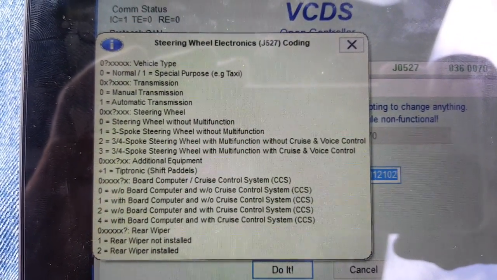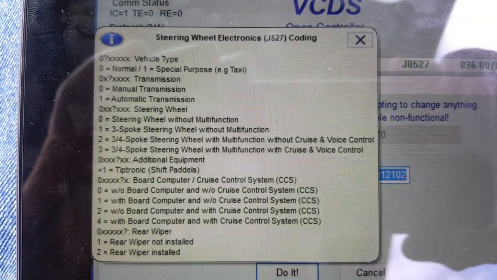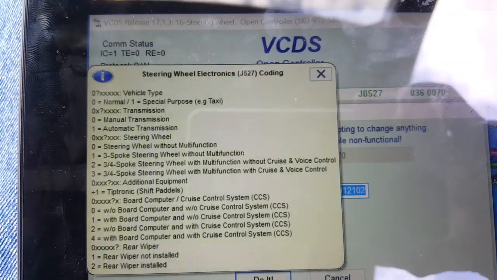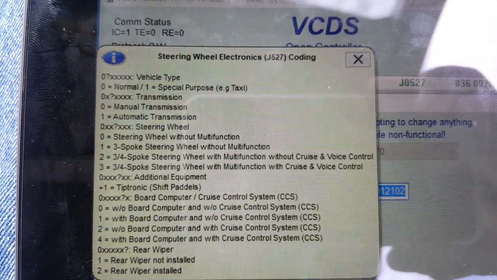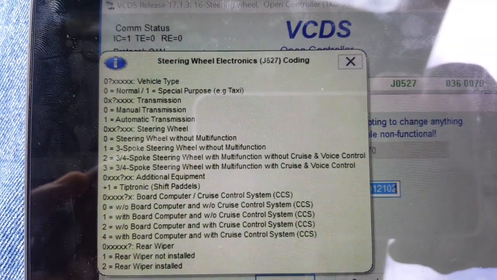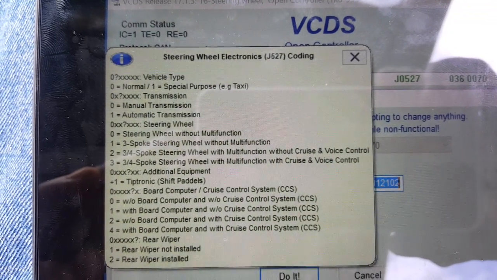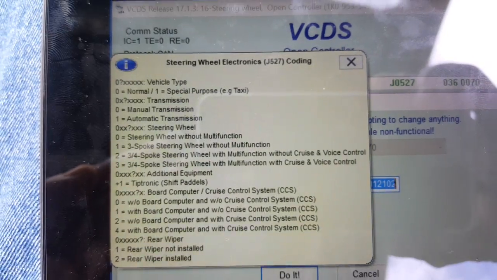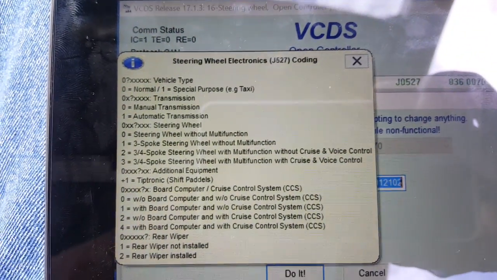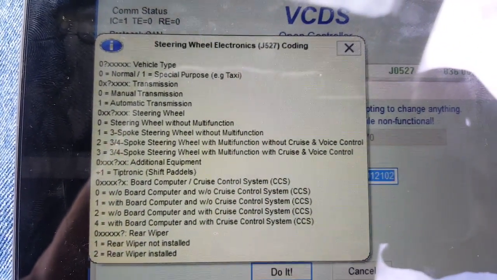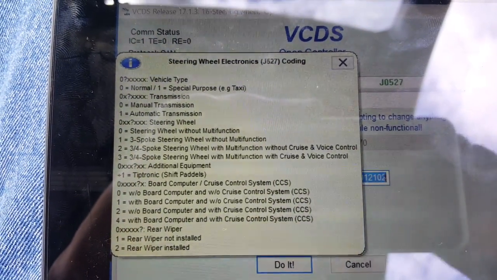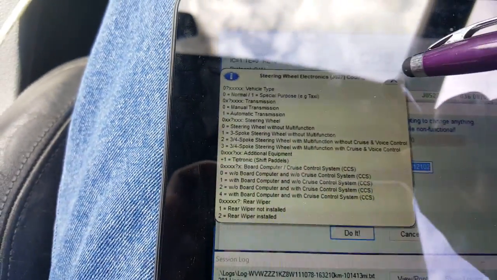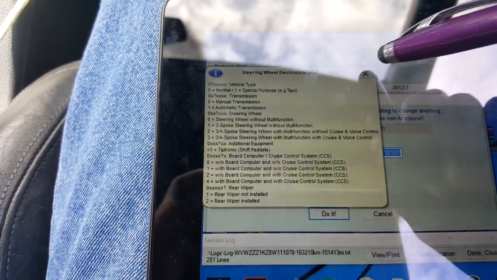So of course, in the first line, all coding will start with the number 0. The question mark is a decision whether it's a normal vehicle or a special purpose one, such as a taxi. In the second line, the question mark talks about transmission, automatic versus manual. You get the drift. You can simply pause the YouTube video, look at the screen to see what your coding should be. Like for my car, because I have a